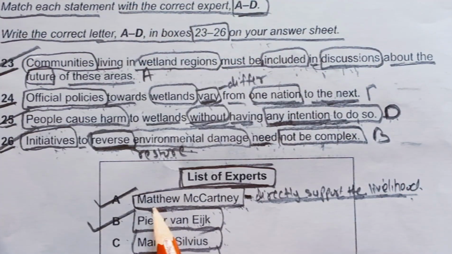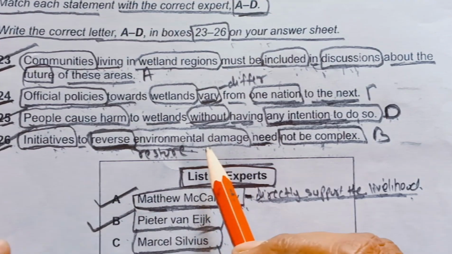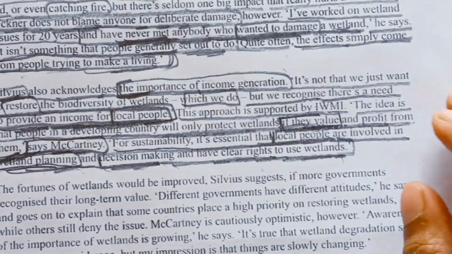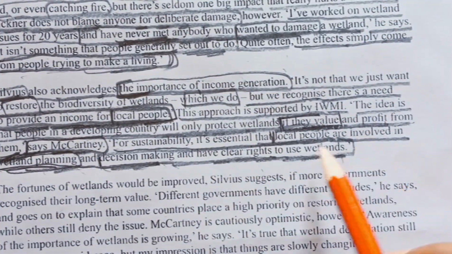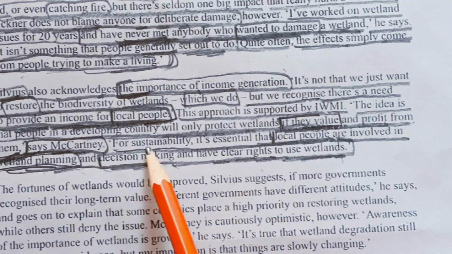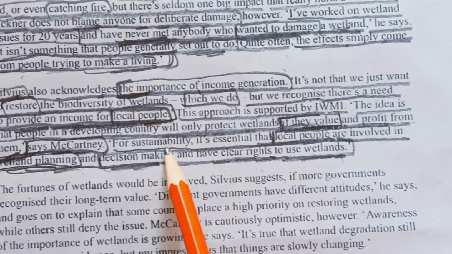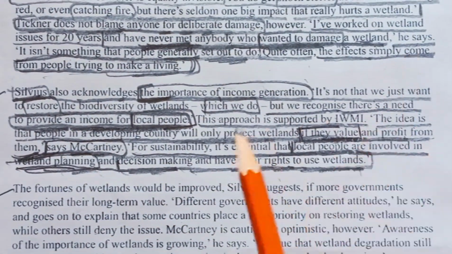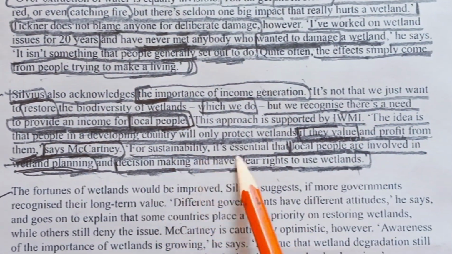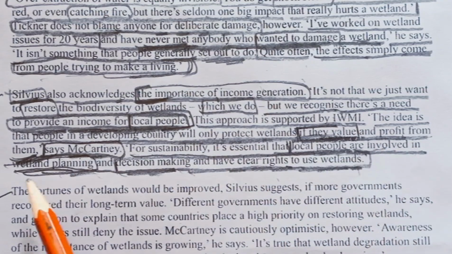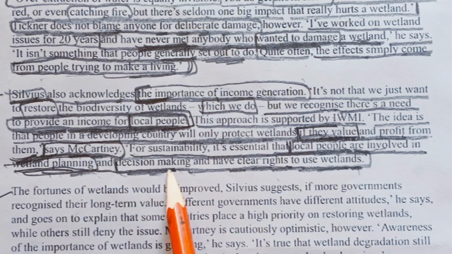Matthew McCartney is saying that local people around the wetland region are included in decision making and planning. From here: for sustainability it is essential that local people are involved in wetland planning and decision making